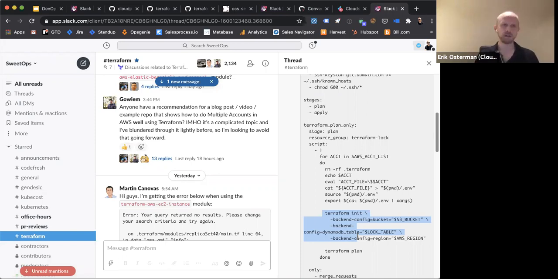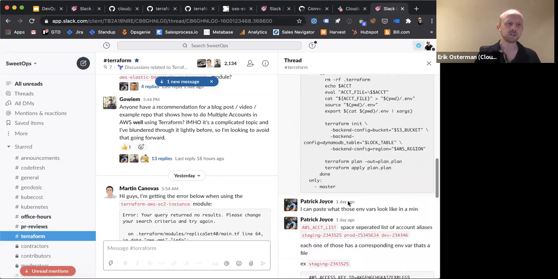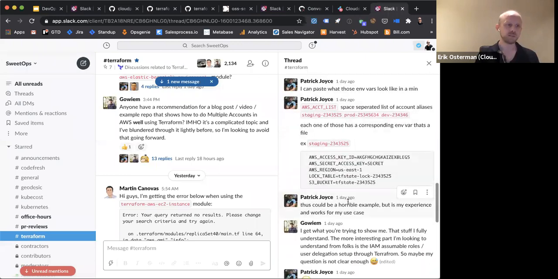If we're going to have multiple Terraform state backends, how are you going to create those? And what kind of race conditions, what kind of chicken and egg problems does that create? Or are we going to concede and just have one Terraform state backend for all the accounts and then use path prefixes in that?